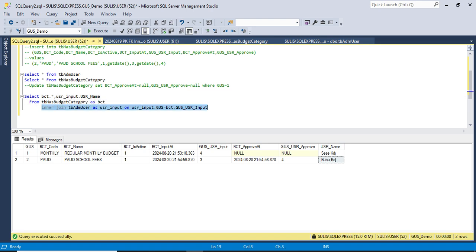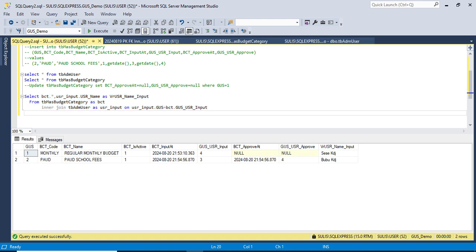For example, I will give it as PR user name. Now let's see. Okay, this is the inner join.